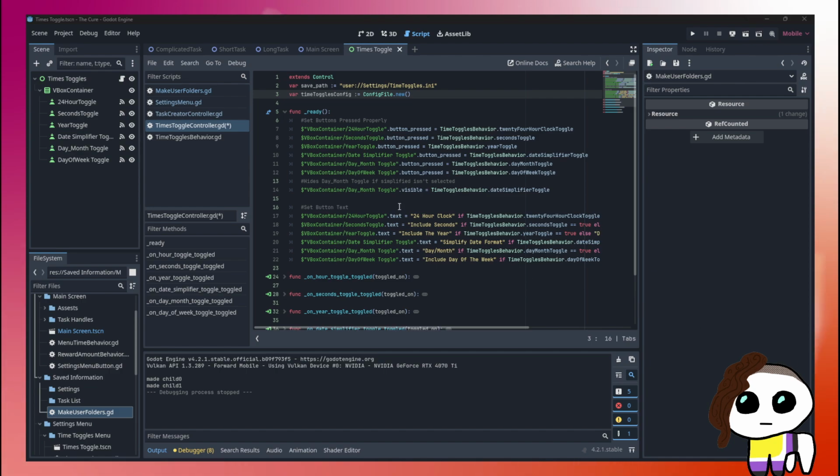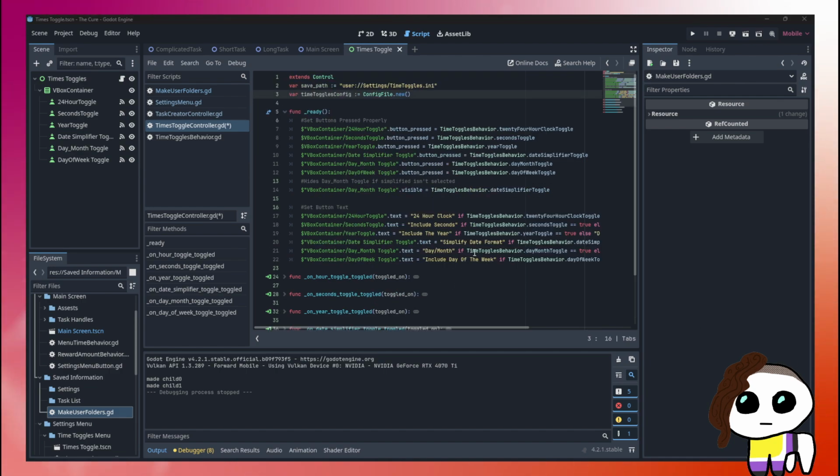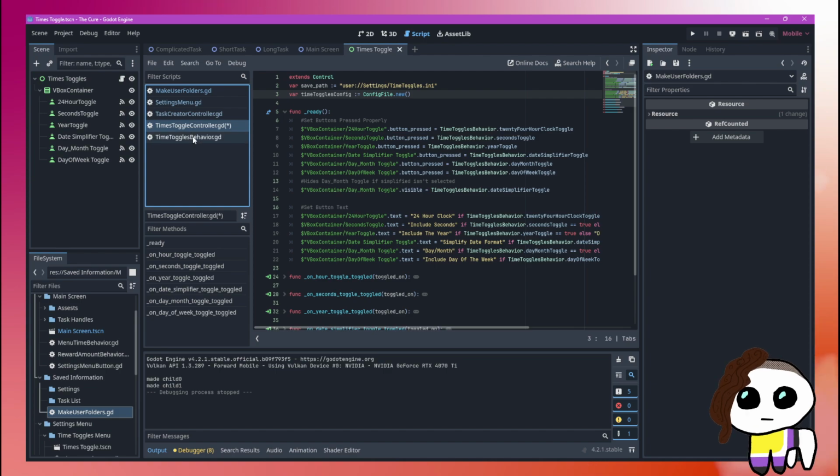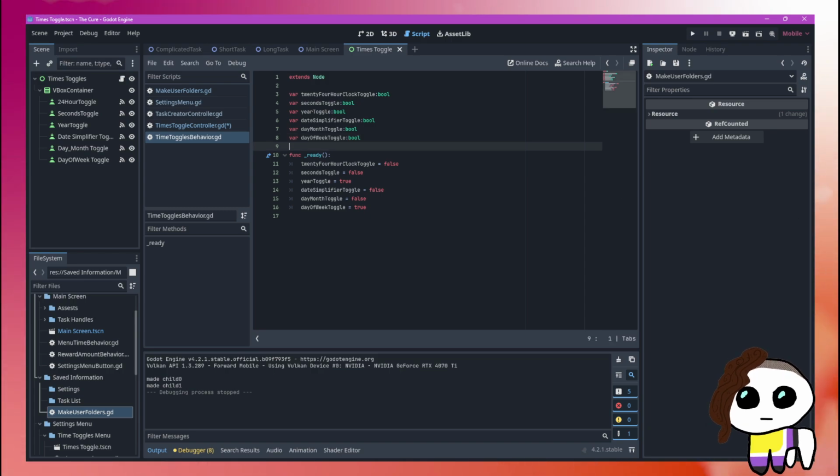Interesting. Oh, I'm starting to lose steam now because I'm trying to figure out something that I haven't done yet. Well, what I am going to need is, for here, the behavior. I'm going to need to load